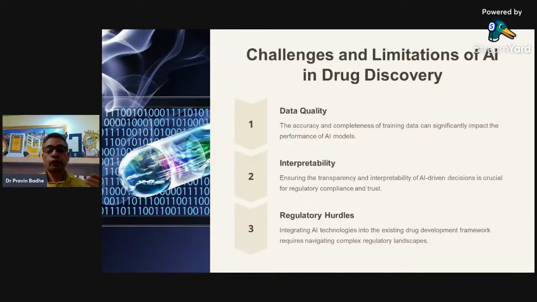So if you look, the major challenge here is data quality. Accuracy and completeness of the training data is important. When you are developing a tool which you are going to utilize for data analysis or for diagnosing purposes, you need to train the machine with data which has high accuracy, and which is a complete data set of normal and of the test, which is going to be useful for significant performance of your AI model. So that is one of the challenges pharma is having at the moment, but simultaneously it is an opportunity